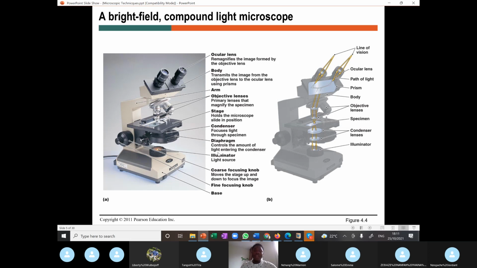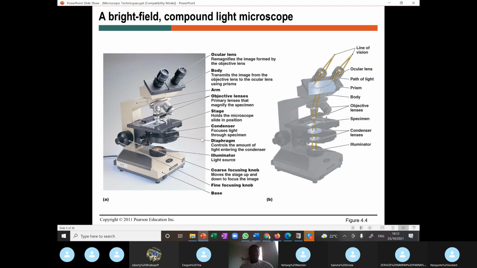We may also want to look at the diaphragm. The diaphragm is used to control the illumination. If we don't want much light onto the stage or into the specimen, we reduce it using the diaphragm. If we want more light, we can increase it using the diaphragm. And then, of course, the illuminator, our light source. In the typical simple light microscope, this illuminator might have but a mirror that reflects some light and directs it through the condenser to the stage. So this one uses electric current. So when you plug it on current, this bulb comes on and then directs light through the diaphragm, through the